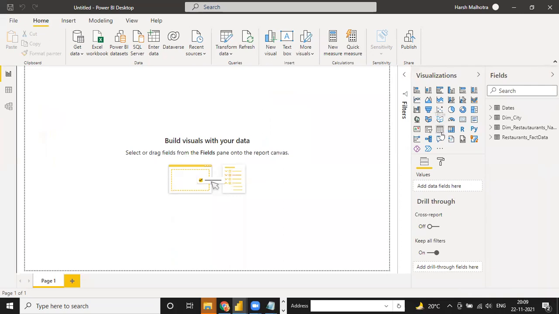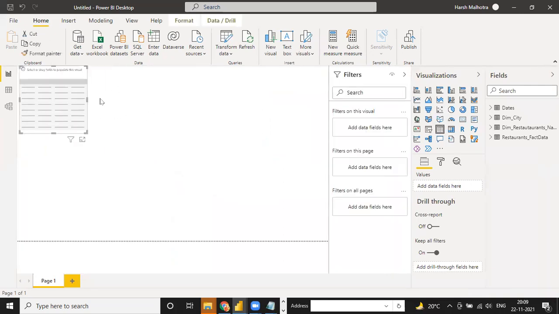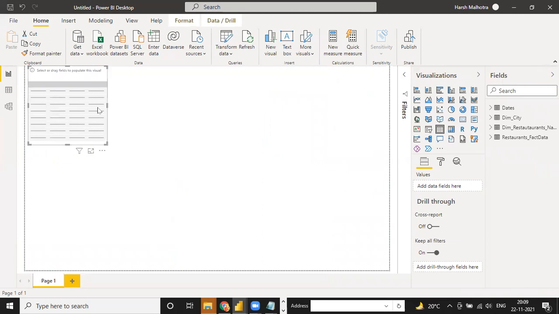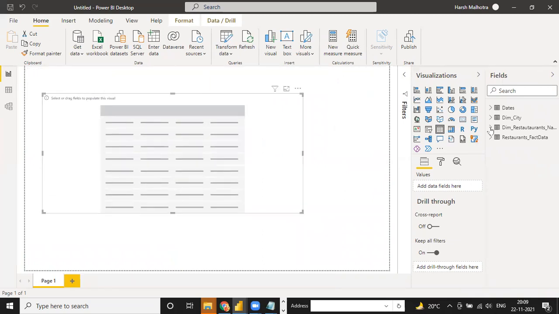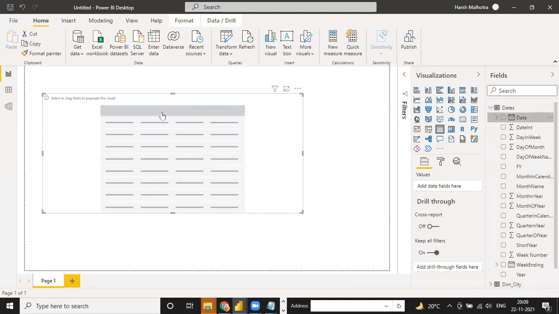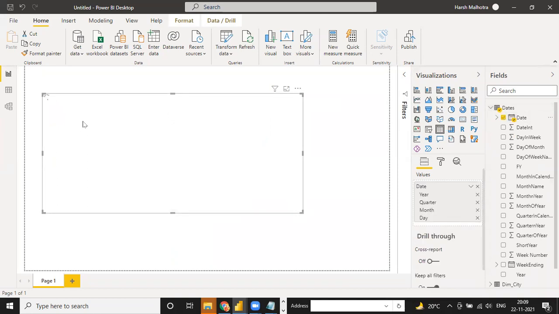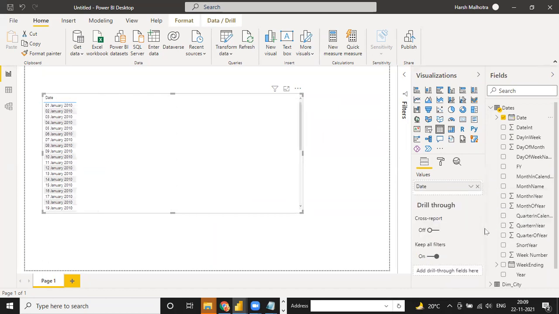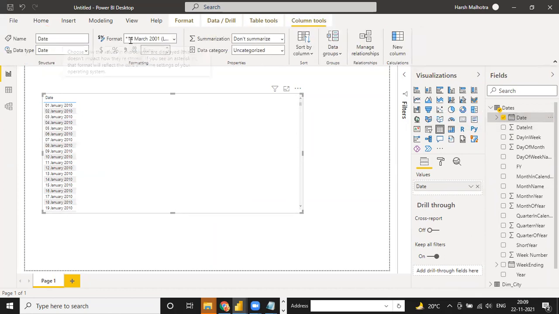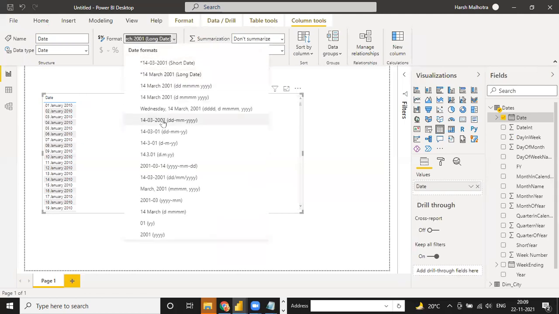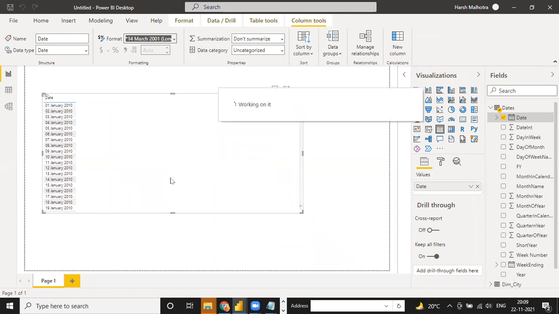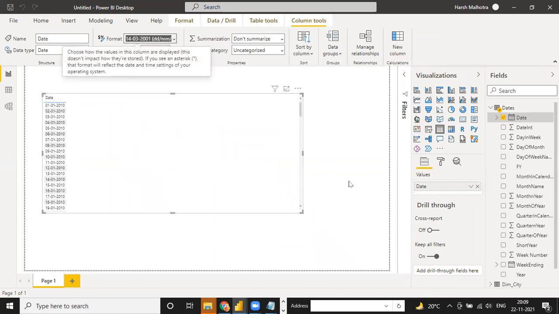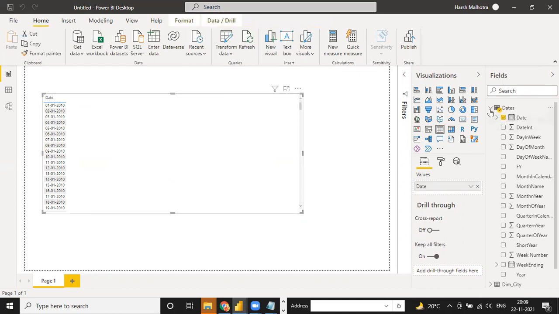Go to this, there is a table. You can select one table here and go to this date. If you select this date, this is the date format. Select here, go to only date, no need for date hierarchy, we need date-wise date. Select this date, go to this format, and select from the date format. Suppose I select only this date format. So this is my complete date.